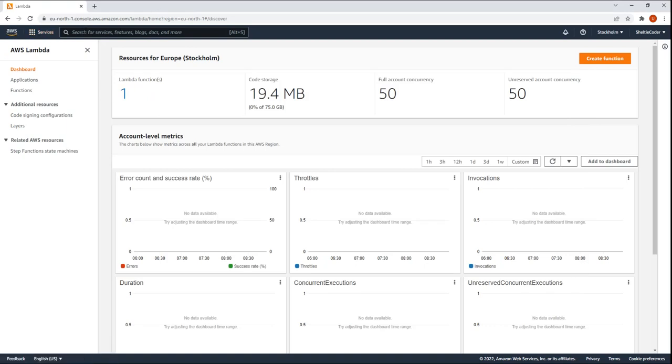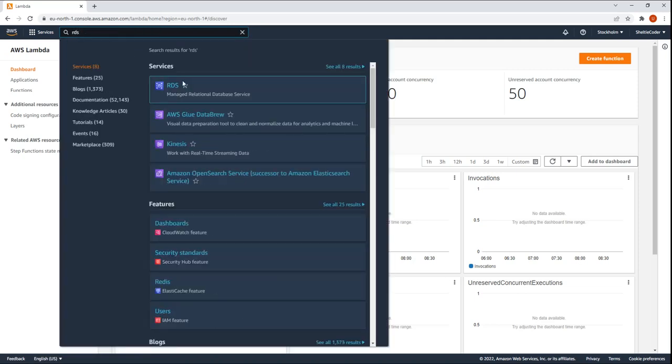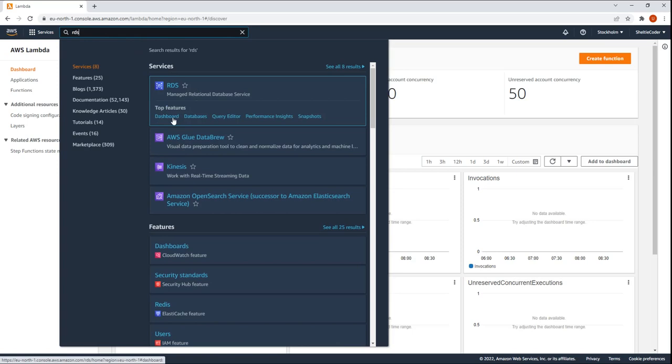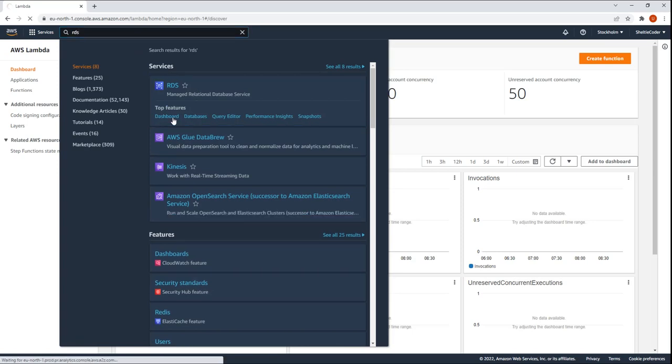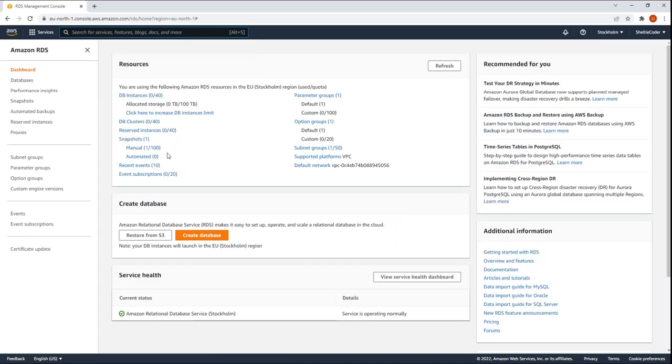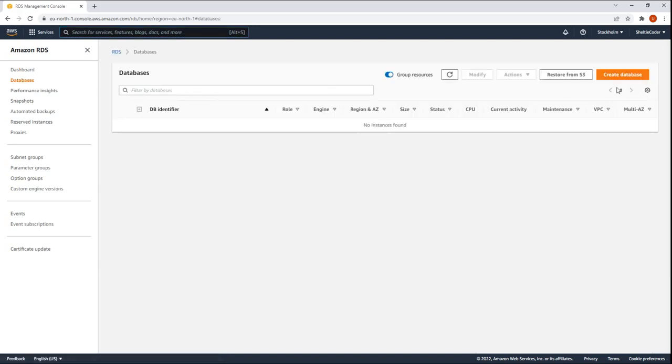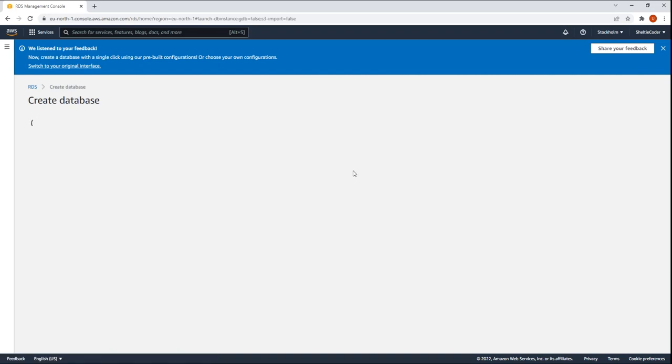Luckily, AWS provides such a service. If you type RDS, it's Relational Database Service, and this is a built-in database service by AWS. And I'm going to set up one so you can see how it works. So first thing, as you can see under the RDS, you can see the number of database instances. So you need to set up one instance. To do that, you use the Create Database button